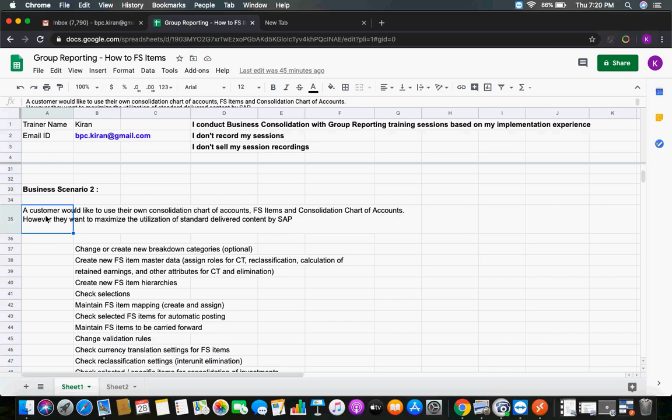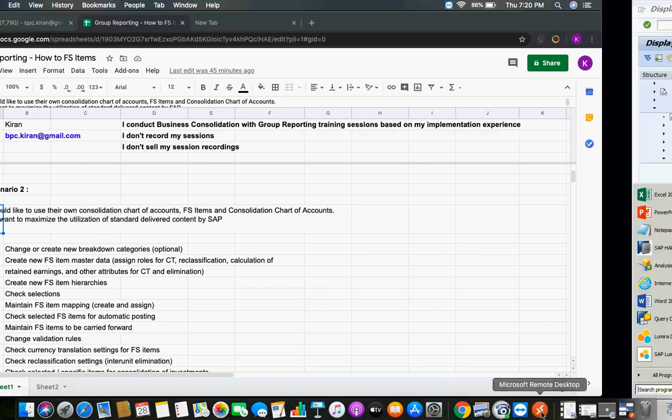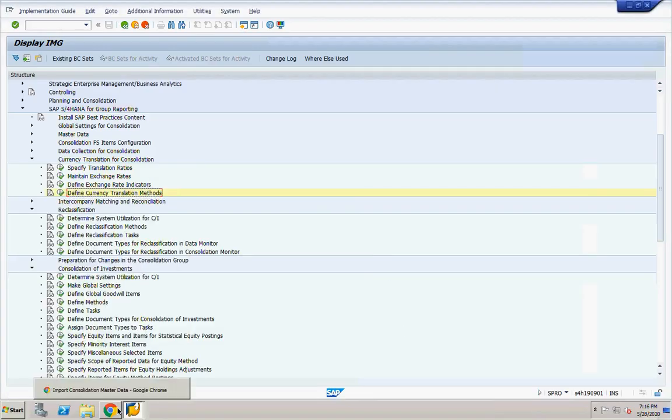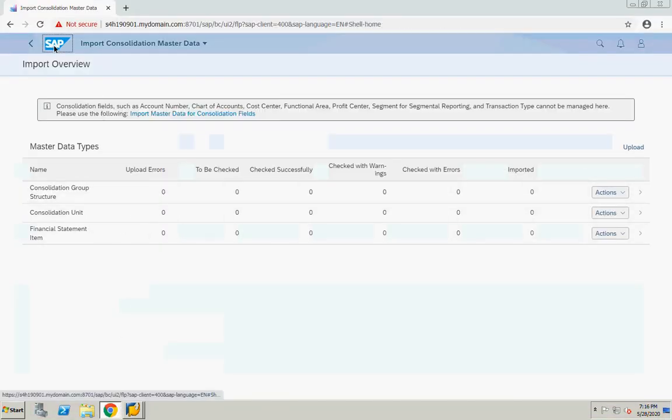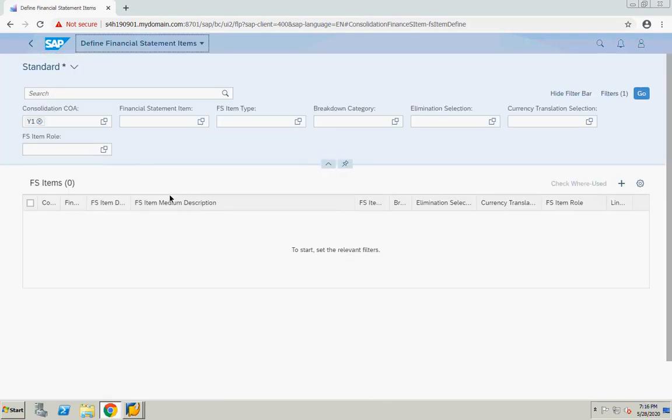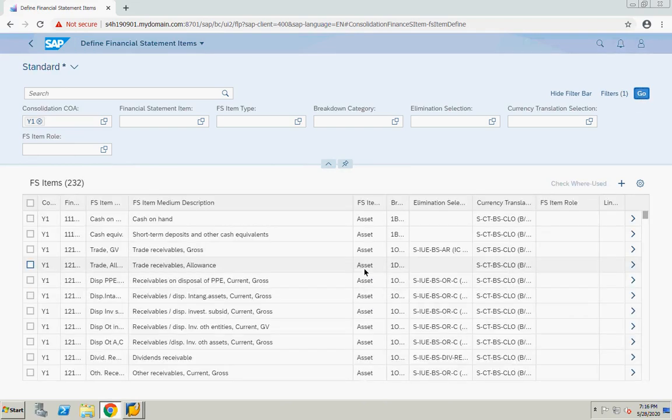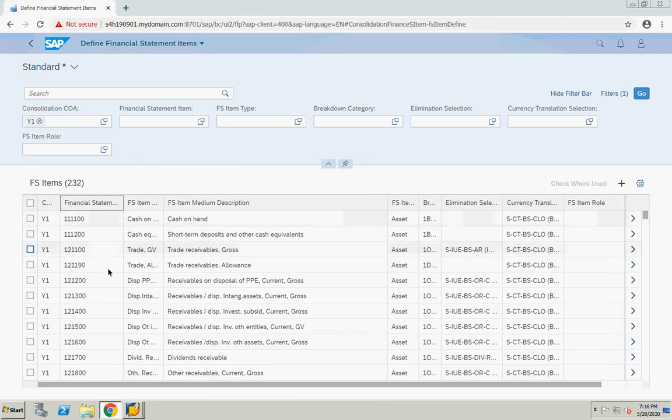Every financial statement item comes with some attributes. SAP also came up with a solution called FS item role. For example, when you check your financial statement items here, the delivered content, I am talking about the delivered content, these are the financial items, 232 items delivered by SAP.